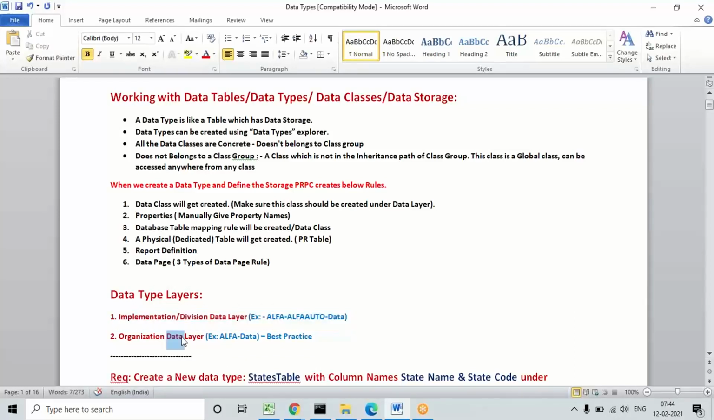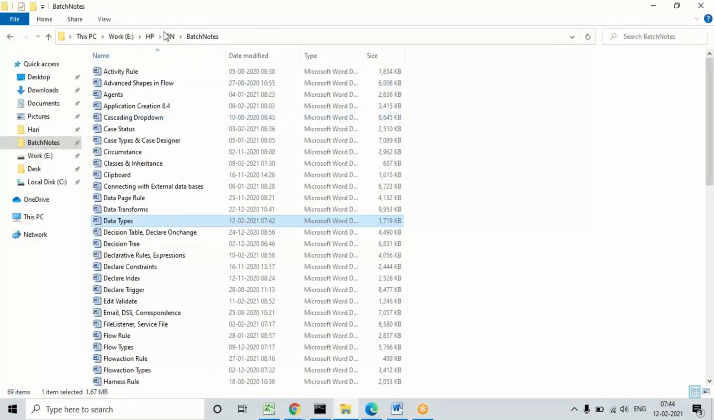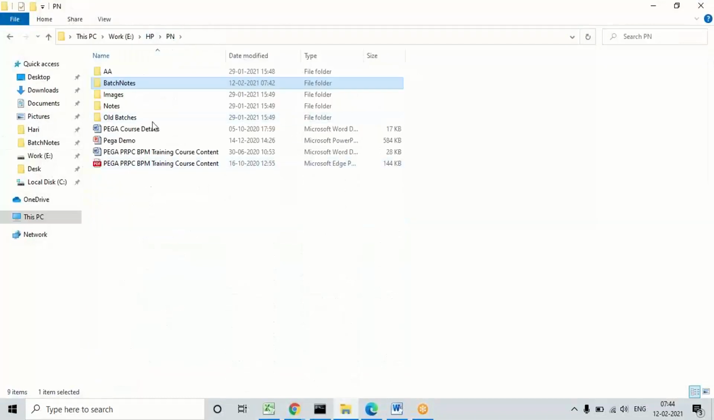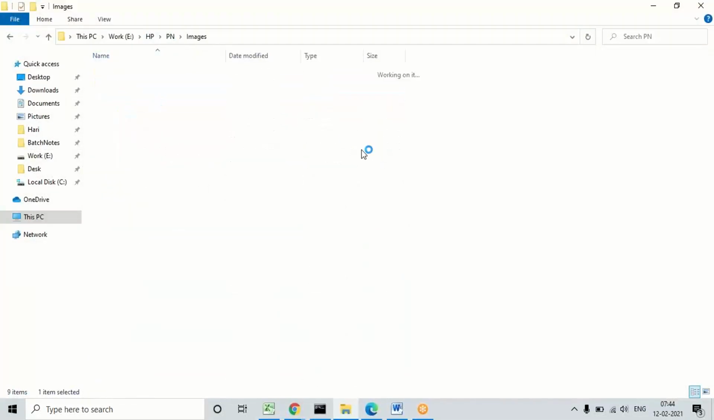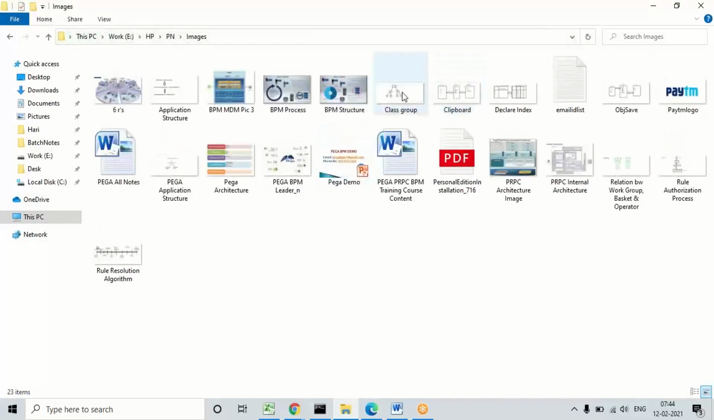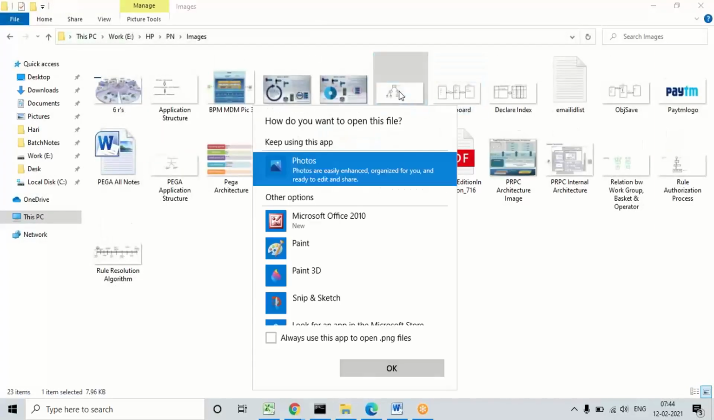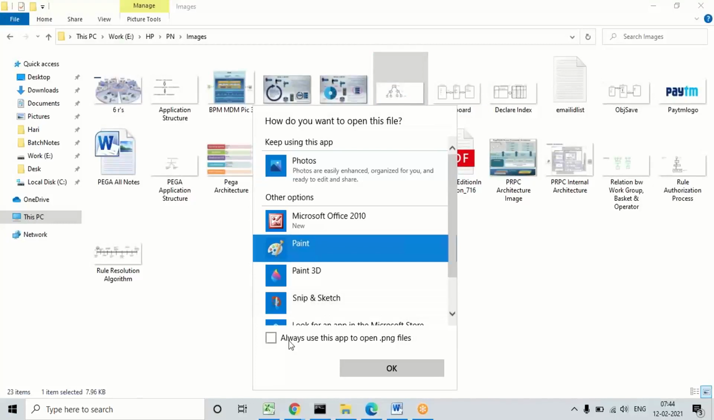In organizational level, if you create it, other implementations also can reuse the table, because if you remember, I told you about the inheritance chart, right? Like rules, the purpose is the same. In the previous classes I told one thing, if you create at organization level,